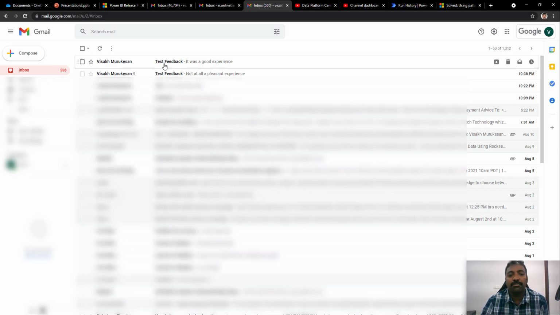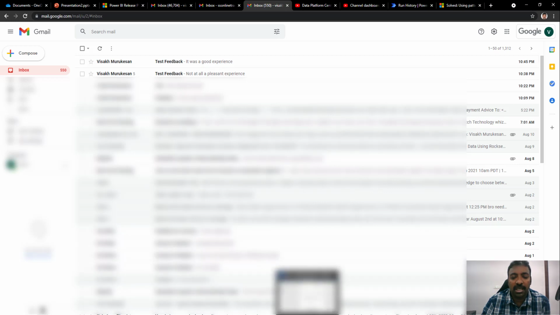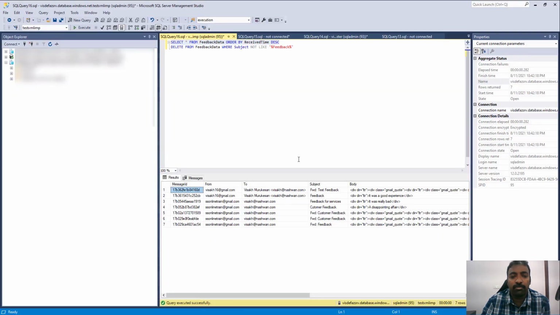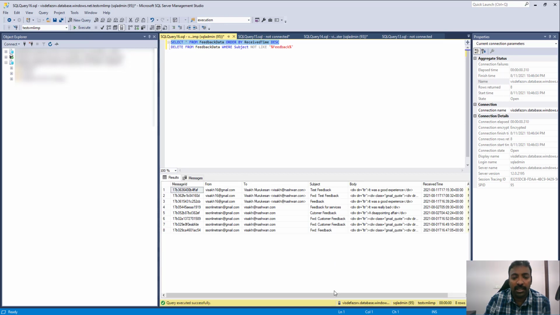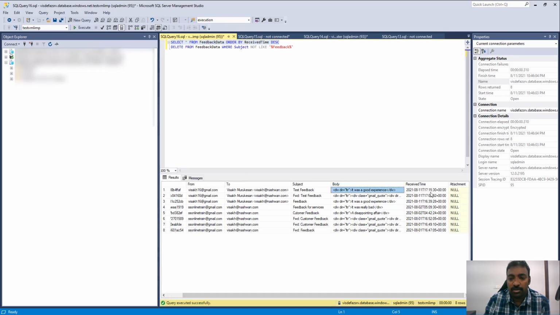So the email has now come. Now we can go and check the database which is set to receive these emails. We have set it inside an Azure database for this demo, but in the actual case you can set it up to any of the data sources. Let's check the feedback data, and you can see that the data has now come. Any feedback email which comes to our email address will be picked up by the Power Automate flow and inserted into a table set up inside our database. Now let's go and check the flow that we have created for this purpose.